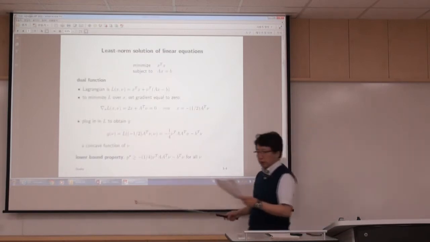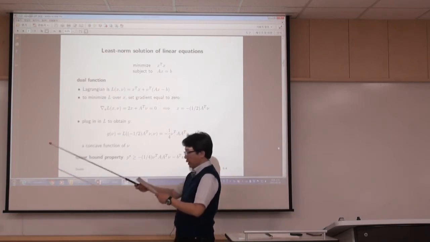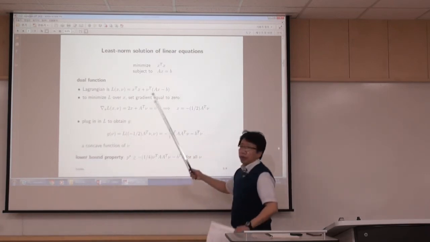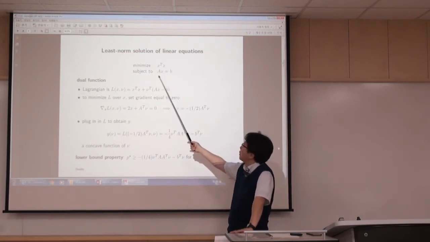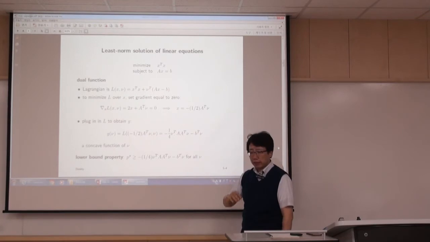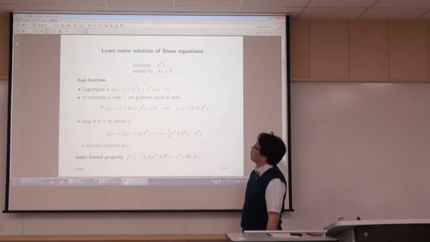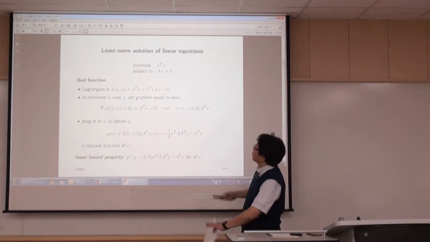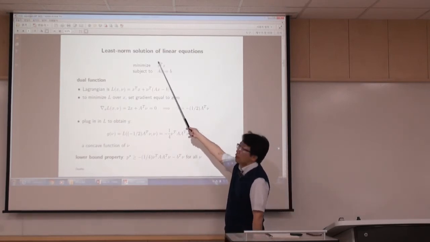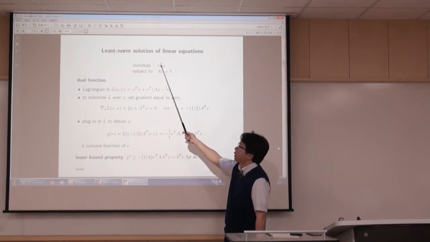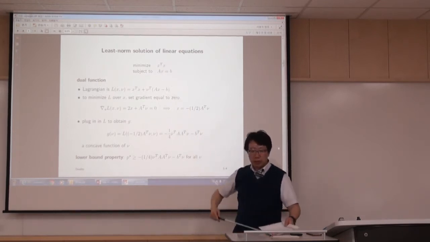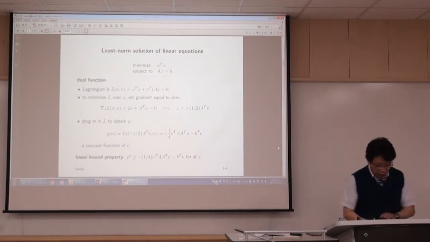The first example is the least norm solution of linear equations. Here, this is the constraint. So we have a kind of hyperplane, or how do you say that? Intersection of hyperplanes, actually. And what is this one? This is 2 norm squared, right? So distance from the origin to the point in X. So it's like in a 2-dimensional problem,